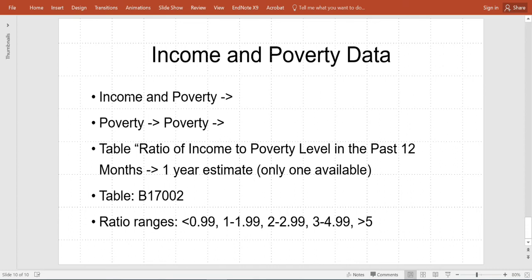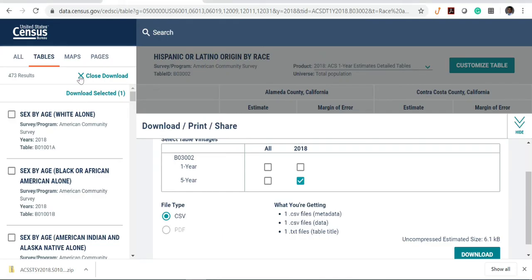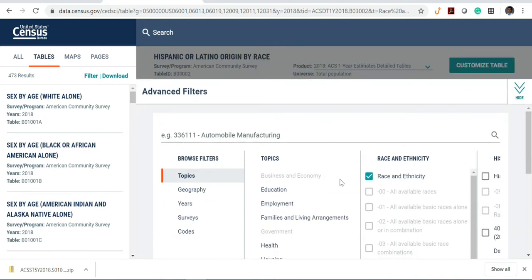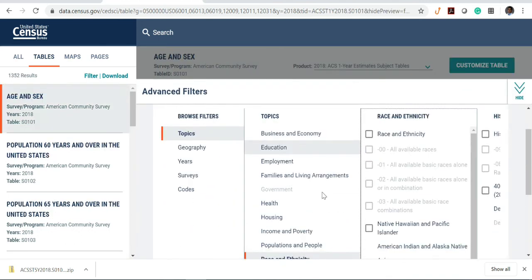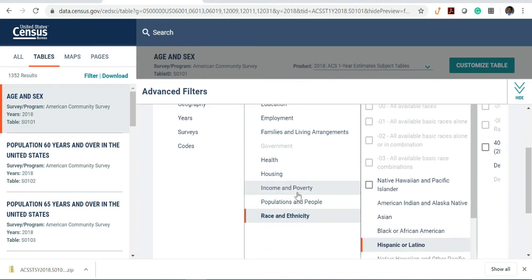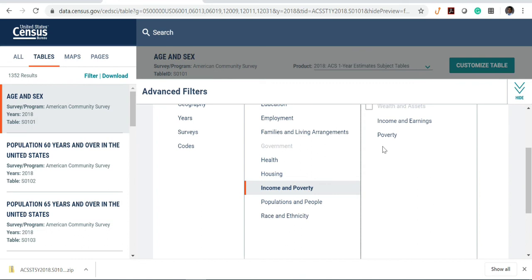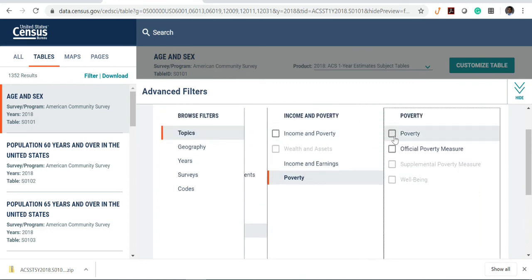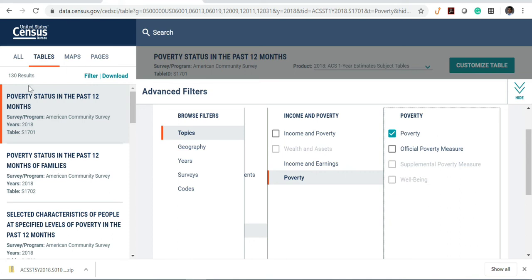To do this, we will go to income and poverty, select poverty, and we will look for the table that says ratio of income to poverty level in the past 12 months. So we will close this down, go to our filters, remove the race and ethnicity column from there, go to income and poverty, select poverty again, and that should populate our graphs right here. And as you can see, there are 130 results. And if you scroll down,